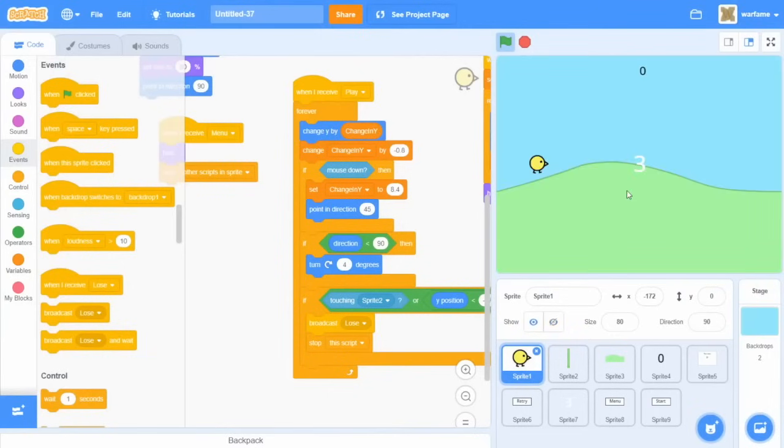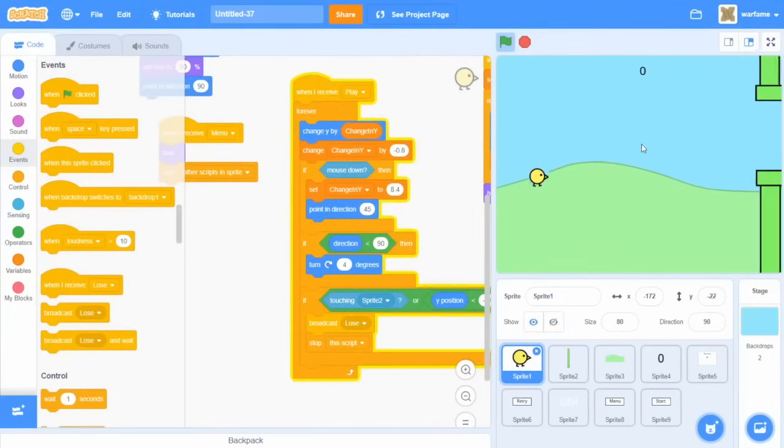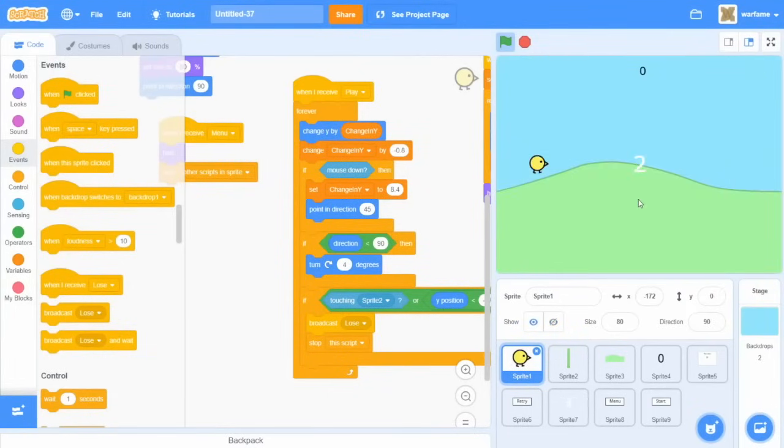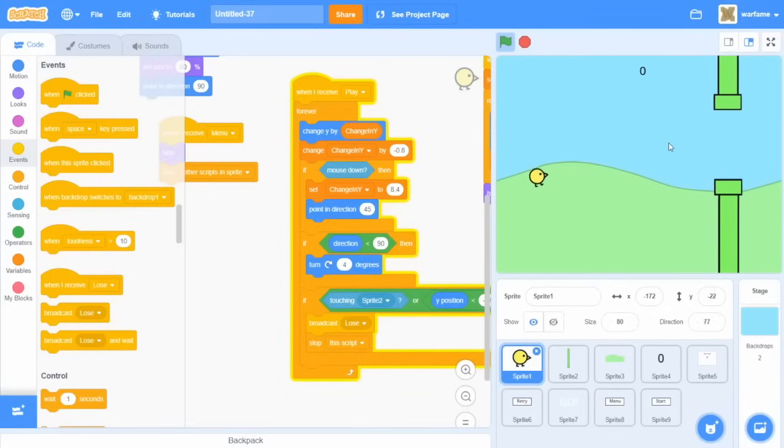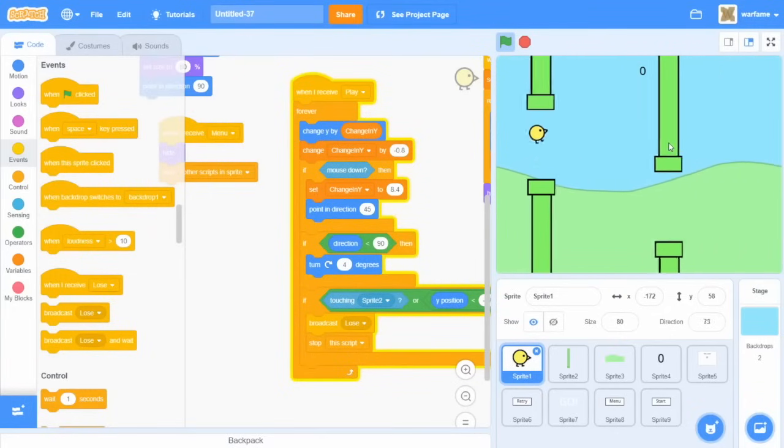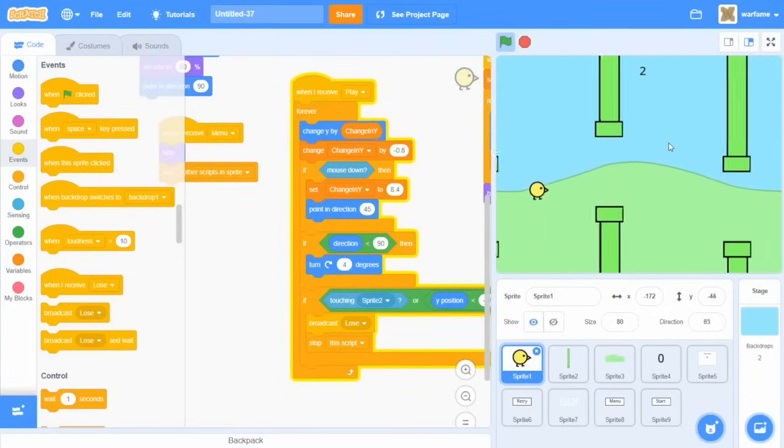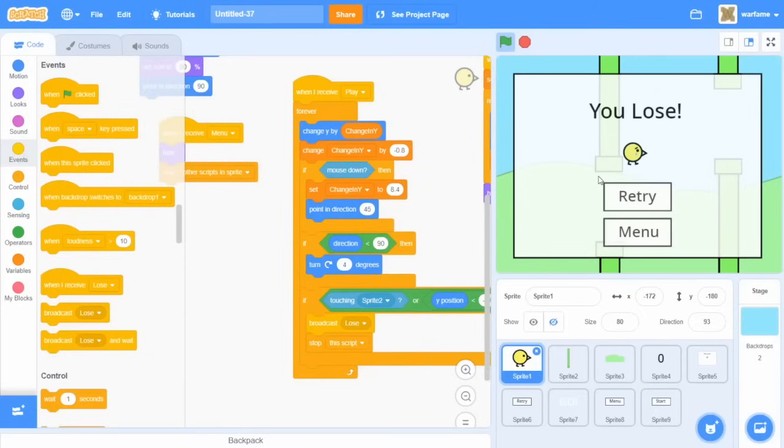This is part 5 on how to make a Flappy Bird game in Scratch. And in this video, I am going to make the menu look better, add some sound effects, fix some bugs, and re-explain all of the code in the project. Anyways, let's get started. So the first thing I want to fix before I do anything else is that I